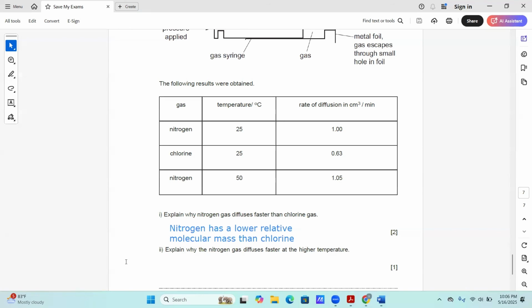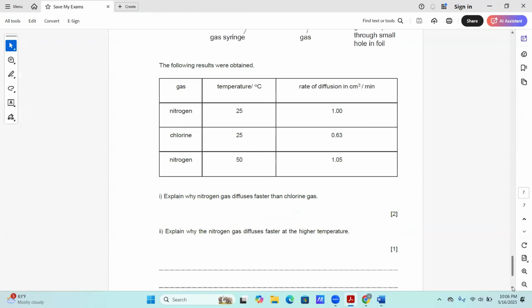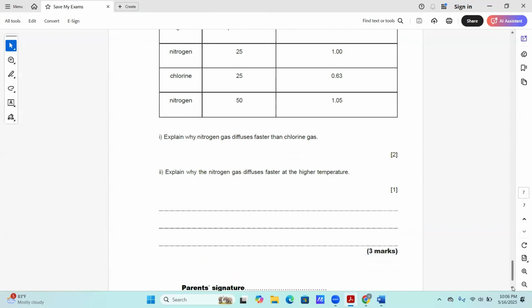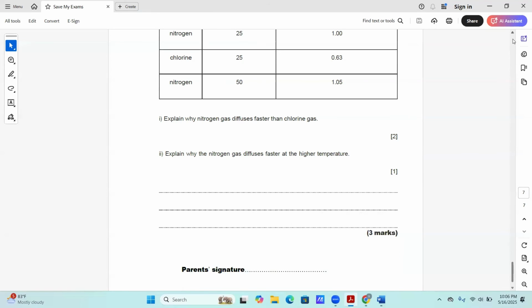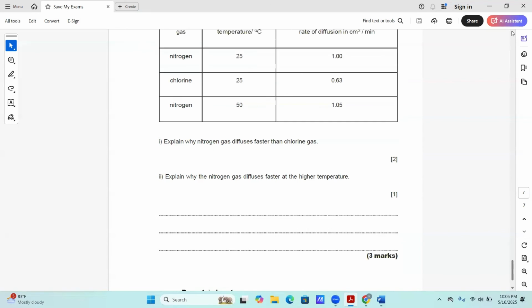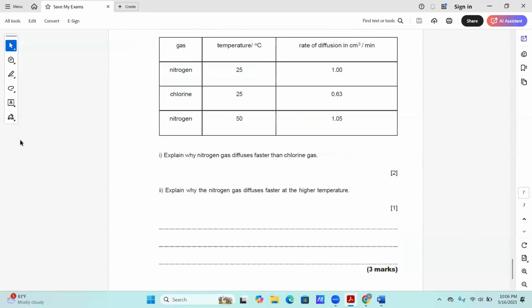Explain why the nitrogen gas diffuses faster at the higher temperature. Higher temperature means